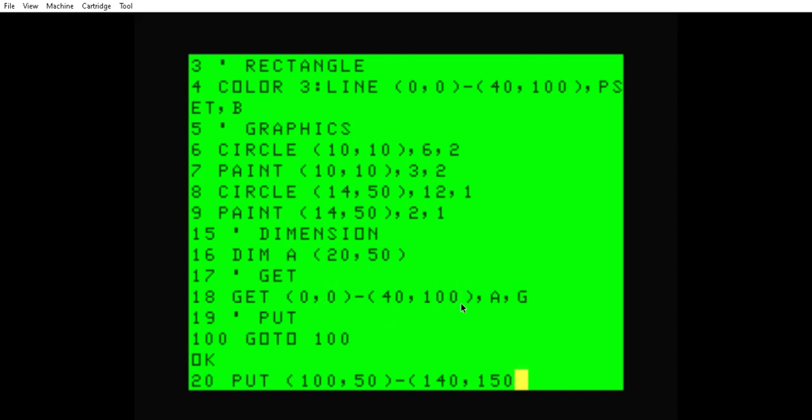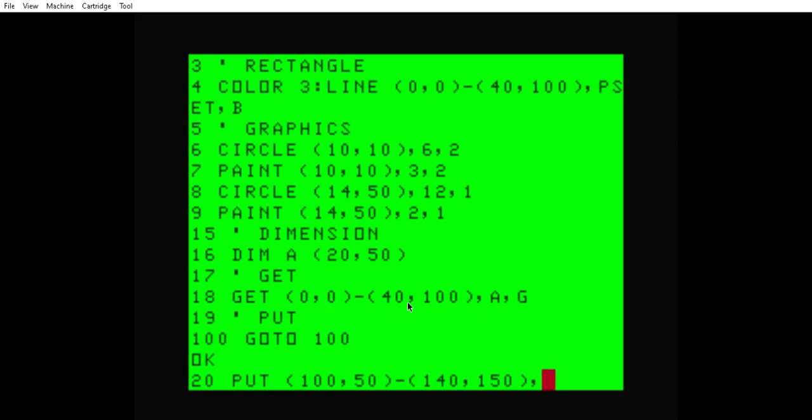So we need to add 100 to this number here, and then you'll figure it out. Use a piece of graph paper, use a calculator, you'll get it. It's really not that hard. It has to be the exact same size